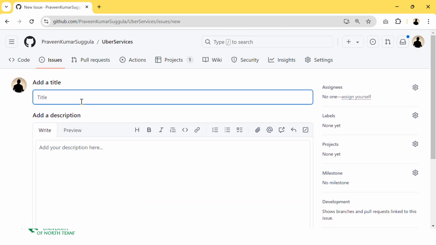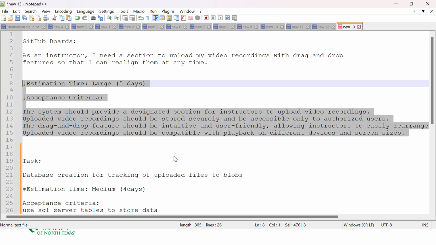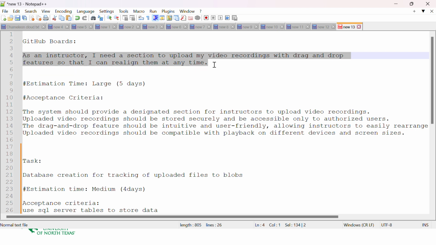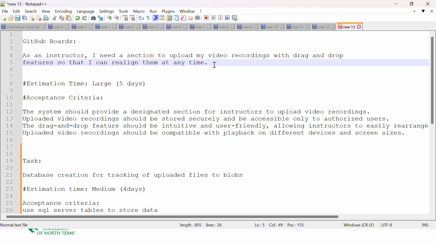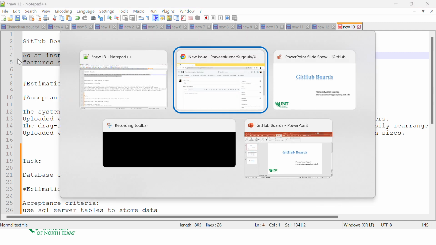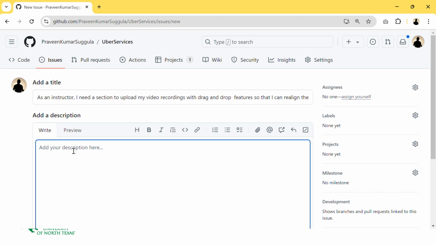So yeah, in the title I have some content to add, for time's sake. This is one of the user stories that we can add for my case. As an instructor, I need a session to upload my video recordings with a drag and drop feature so that I can realign them at any time. This is one of the features that I'm planning to do with this application, so I can mention this in the title, and in the description